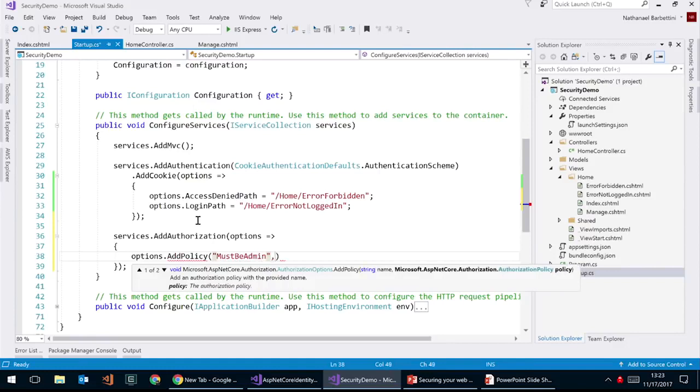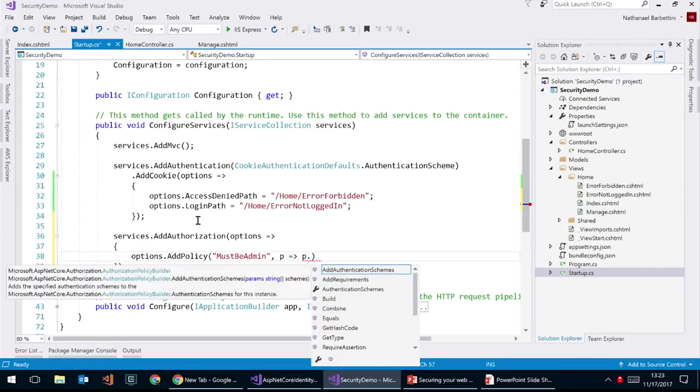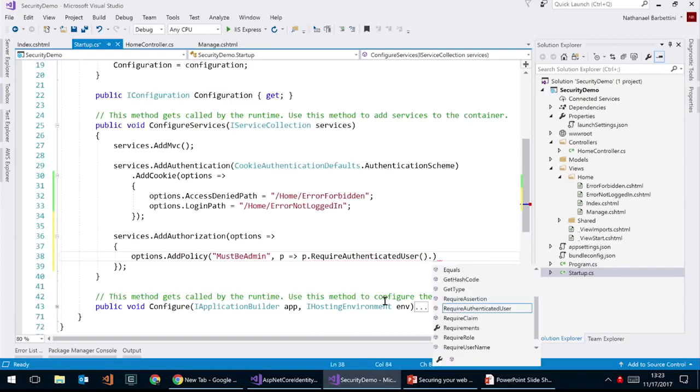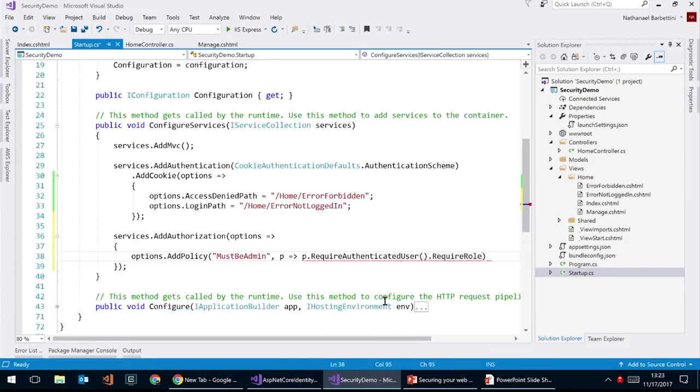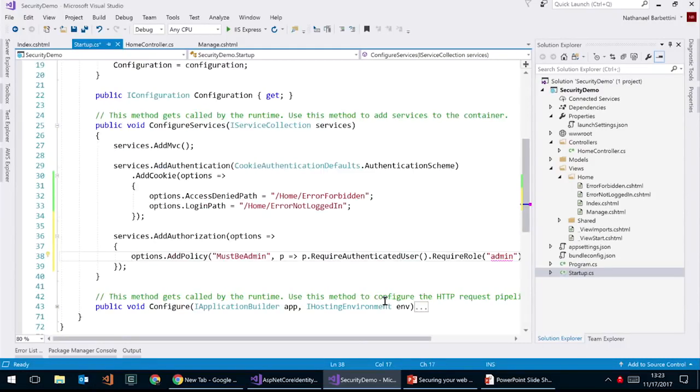Now we get access to this policy builder. So we can say p => p., and we get access to these authorization requirements like RequireAuthenticatedUser. That's kind of a given. We'll say RequireRole admin. So this will require that the user has the role called admin to be able to access this